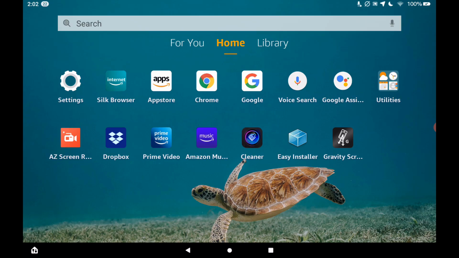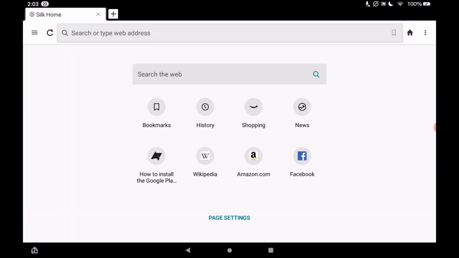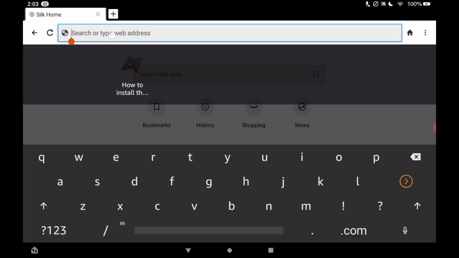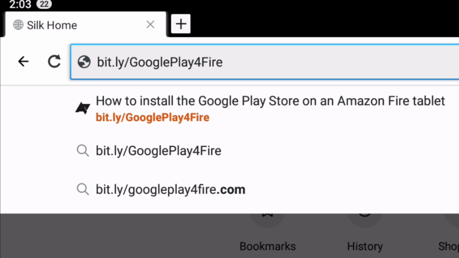The next thing we're going to be doing is going to the Silk browser. It's kind of like a light green icon that says internet with the Amazon smile. So we're just going to tap on that. And then we're going to go to this address. Go up to your address bar and we're going to go to